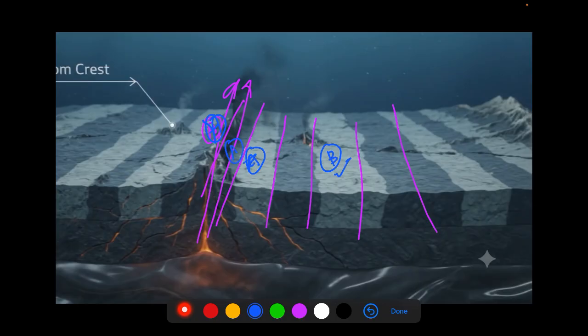Now we see that this A and this A will be similar and younger, and this B and this B will be similar in age if they are equidistant, and will have the same properties. Whenever lava comes out, it shifts the oceanic crust to its sides and new crust is formed. However, it is constantly getting consumed in the form of oceanic trenches. We will see how these trenches are formed in plate tectonics theory.